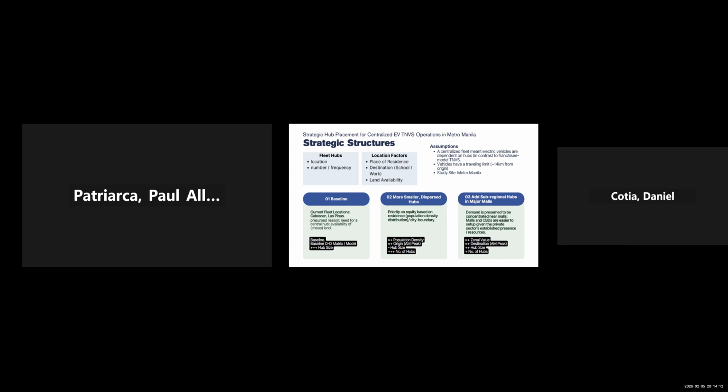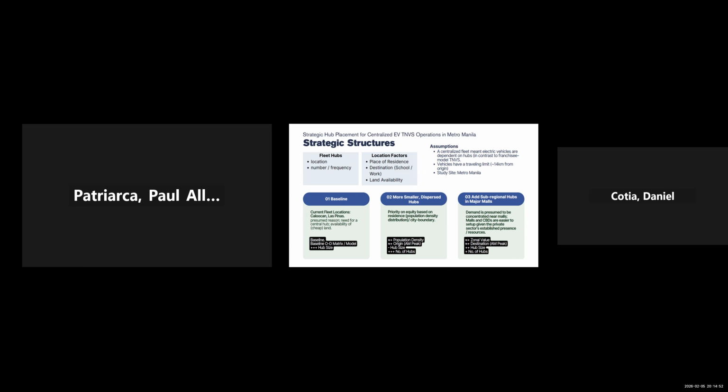Then, for the second scenario, what if we instead introduce smaller dispersed hubs, maybe one per city or maybe one per sub-region. So the priority is on equity, which can be based on residents or trying to have greater coverage of residences. It can be correlated with population density, so trying to cover as many residents as possible, which is also correlated with the origin of a given AM or morning peak OD matrix. However, that would also mean the hub size would be smaller, but the number of hubs across the region is greater.